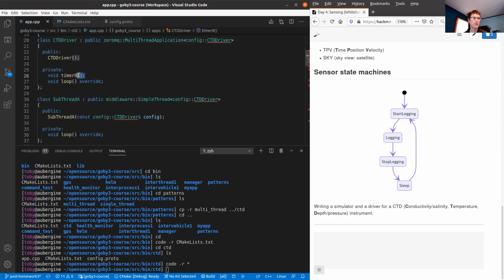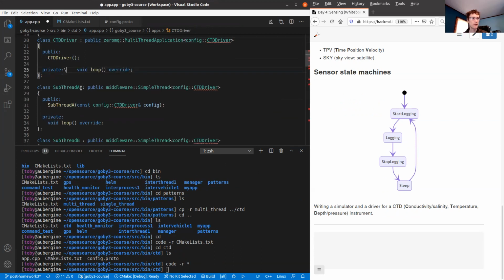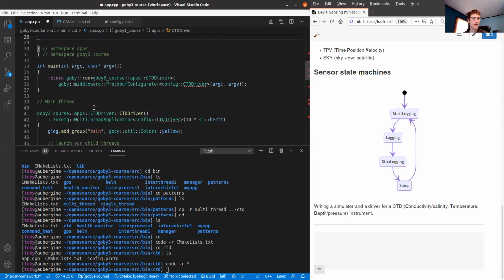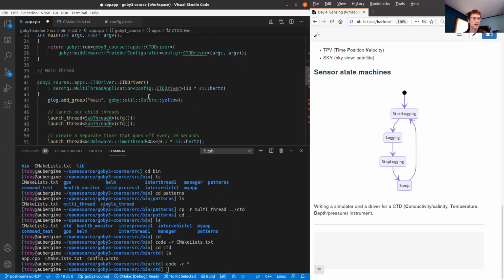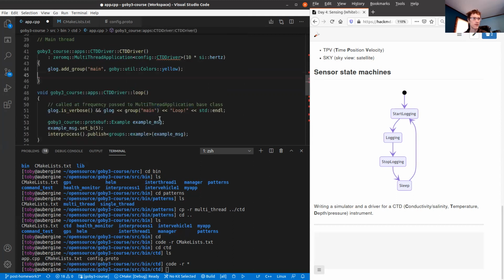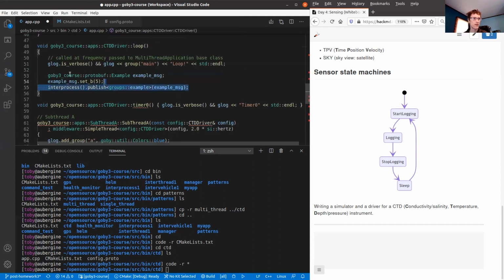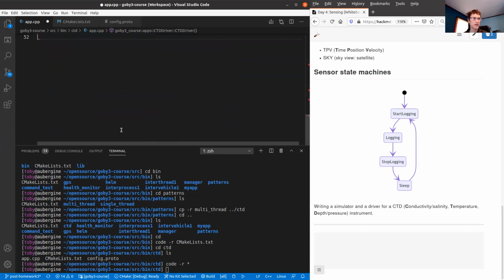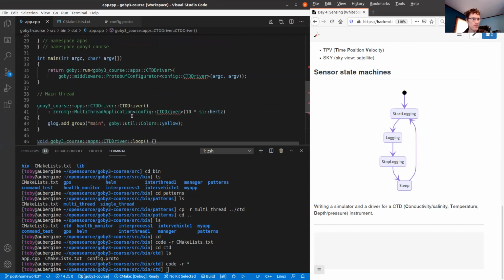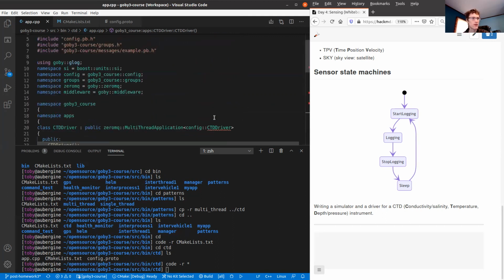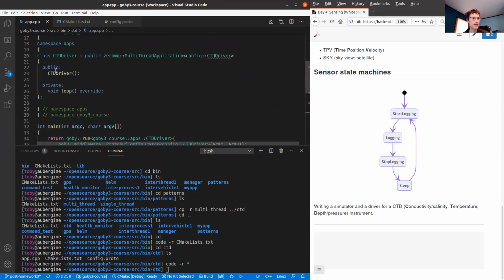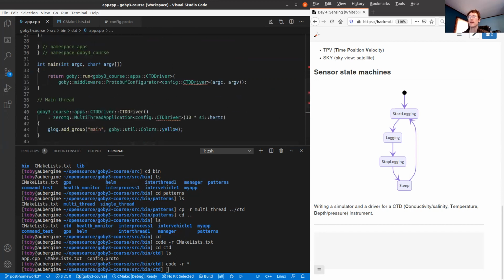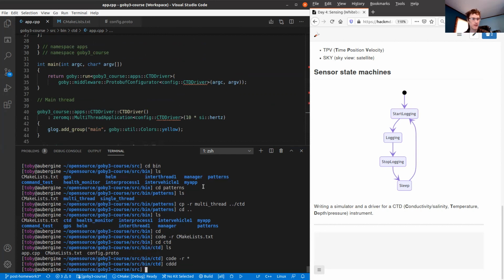And we don't need these timer threads. We will leave the loop method, the sub A, sub B threads examples, and I'll clear out the loop example, and that. All right, so we got rid of all the example code we're not going to use, and we're left with just a multi-thread application with a loop method. If I got all that right,